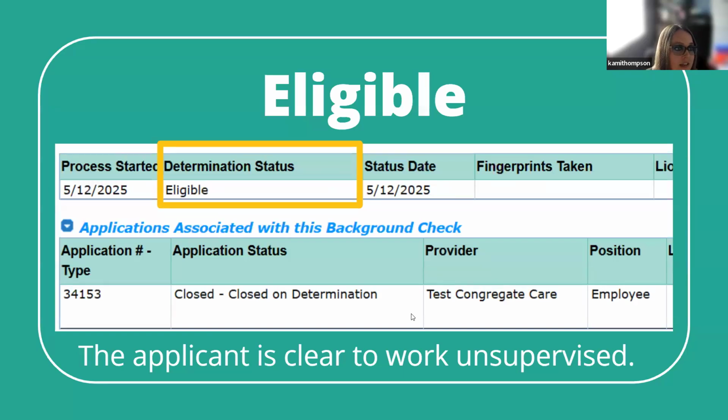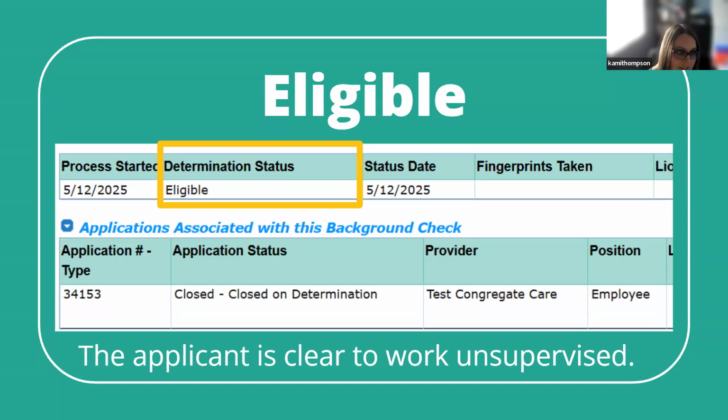One of the things with these new rollouts is we are getting rid of, at the top of the screen, the big fitness determination of eligible, not eligible, in process. That is going away with these new systems and the new groupings that are being created. So now you will see in this yellow box the determination status. This is to avoid confusion on the different types of background checks or the different program clearances. So now you will be grouped in and see the determination that applies to your program and provider type.